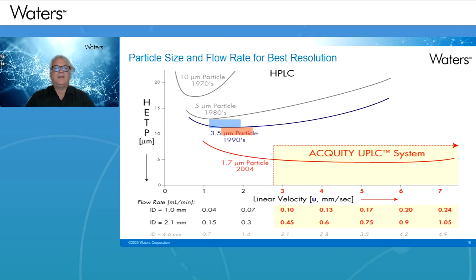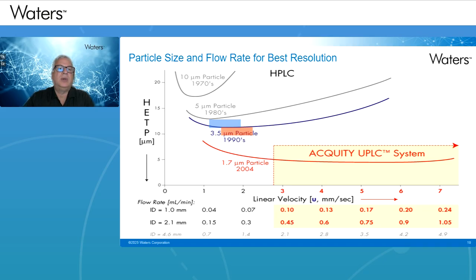So this is a graph that is representing the HETP, the height equivalent theoretical plate. The smaller the number, the more resolution you can get. Okay, I will go very, very simple. I will remove some information, some observation. There's a lot of observation we can do on this one. But basically what we are showing you here is if you use a 10 micron particle, the best resolution will be at the bottom of the curve.